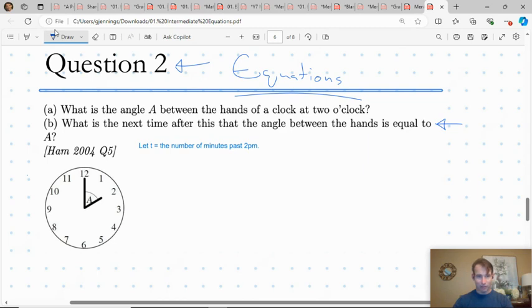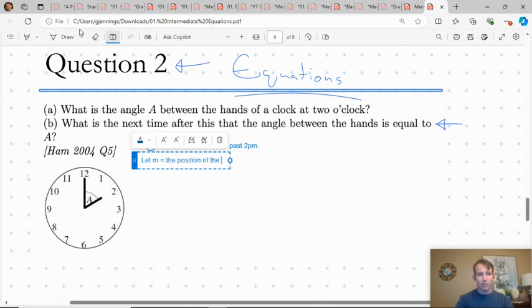This is our variable, time, t. Now we can create two more let statements that have to do with the position of the hour hand and the minute hand. That way we can algebraify those two quantities and proceed. So we're going to say let m equal the position of the minute hand in degrees, and let h equal the position